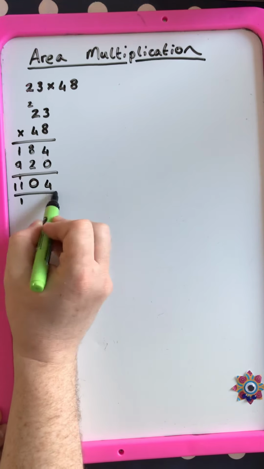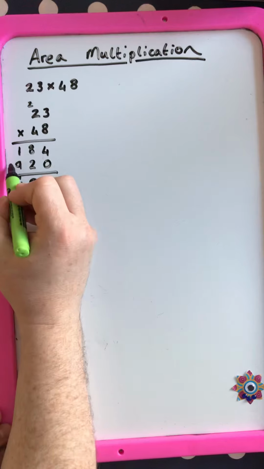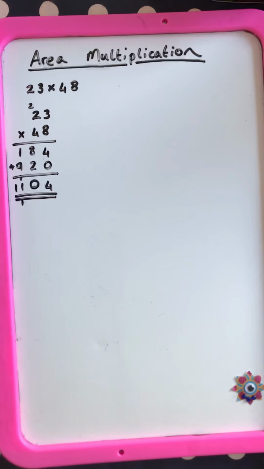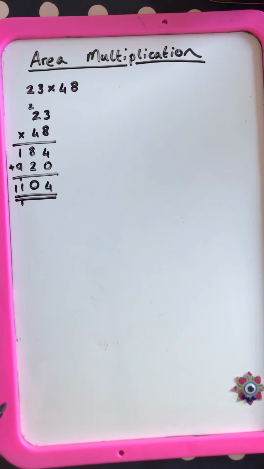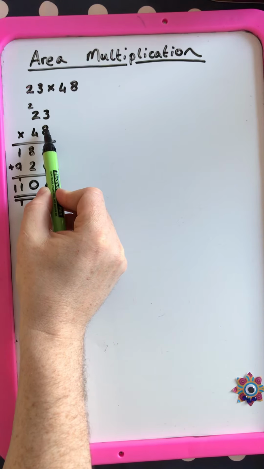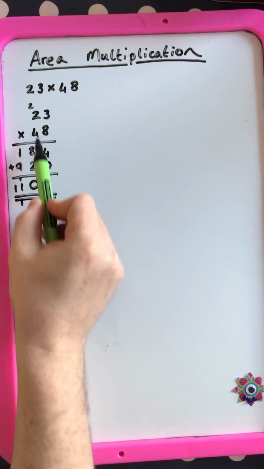Alright, now this is a conventional way, it works every single time, very favoured. My views on it, apart from that I feel really strongly about people being able to do this, it's a really good method. I feel that when we are, say, multiplying the 8 by the 3, 24, so the 4,